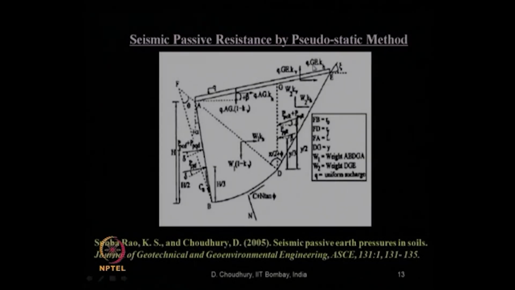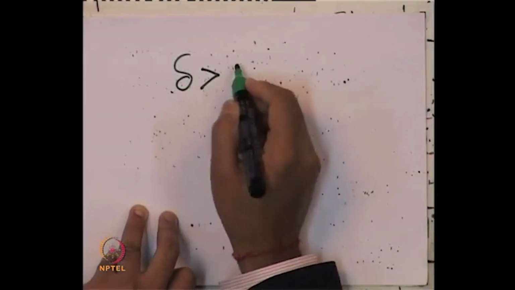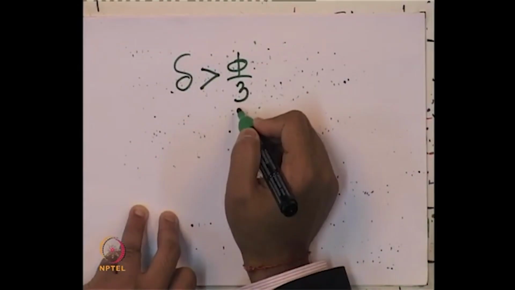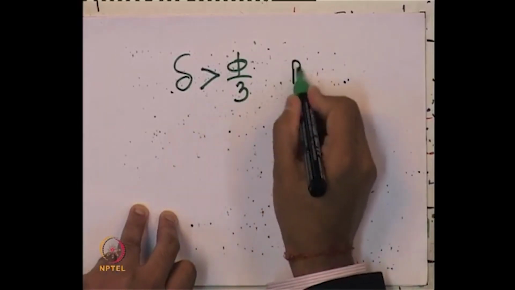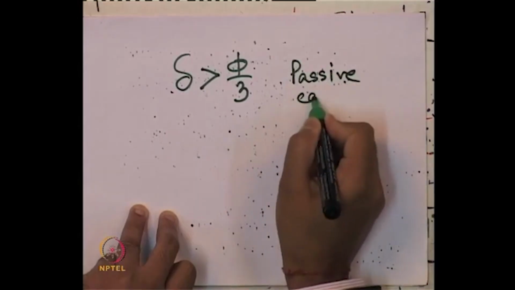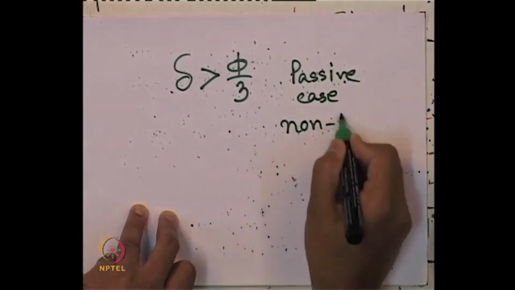Then seismic passive resistance by the pseudostatic method for a generalized c-phi soil was also estimated by us, considering a composite failure surface. Why have we taken composite? Because in the passive state of earth pressure, we know a planar failure surface seriously overestimates the value. For the passive case, we should get the minimum value, but with a planar failure surface, when the wall friction angle, that is delta value, exceeds phi by 3, that is 1/3 of the soil friction angle, in that case we should not consider it, for the passive case it is always nonlinear